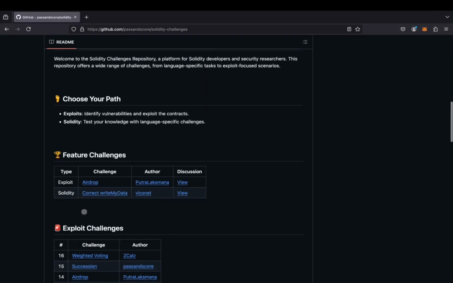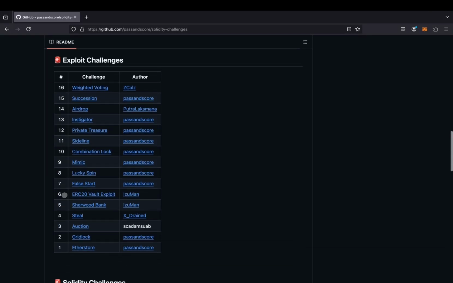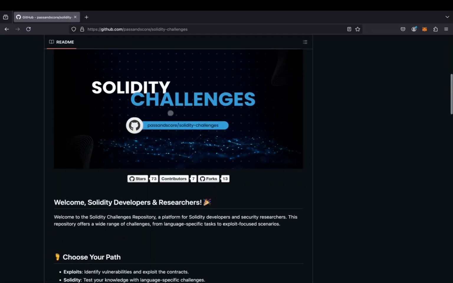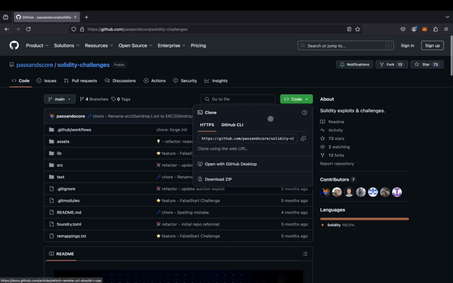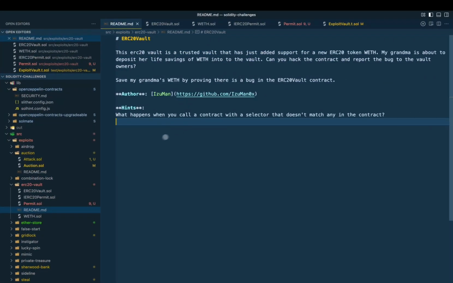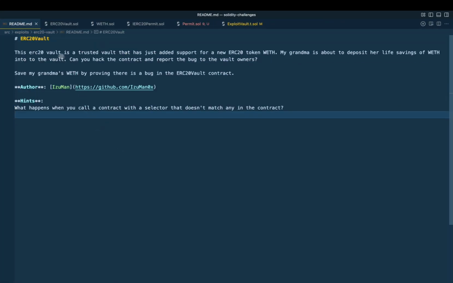Today I want to show you how I went about solving problem number 6, ERC20 Vault exploit, found here on the Solidity Challenges repo. So in order to get started, simply clone the repo and open it up in your preferred editor. Over here on the ERC20 Vault README, it states that this ERC20 Vault is a trusted vault that